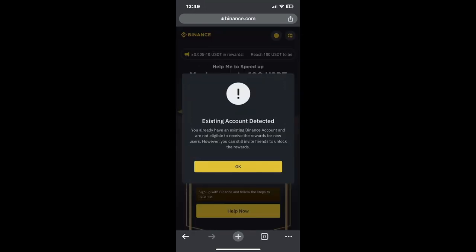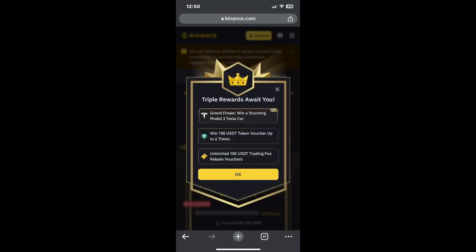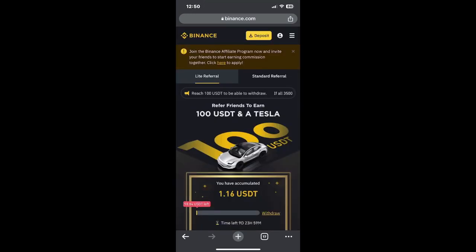Good. You see it says existing account detected. It's like I have an account on that place before. So you click OK. Now this is what it's going to do. You click OK. You go to where it says,